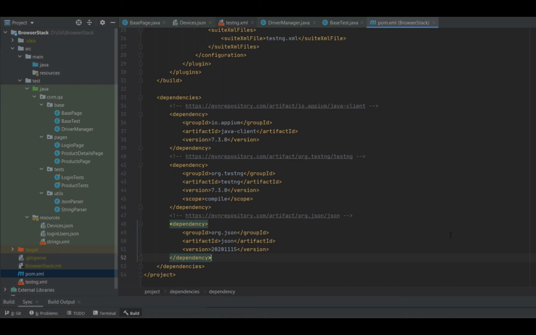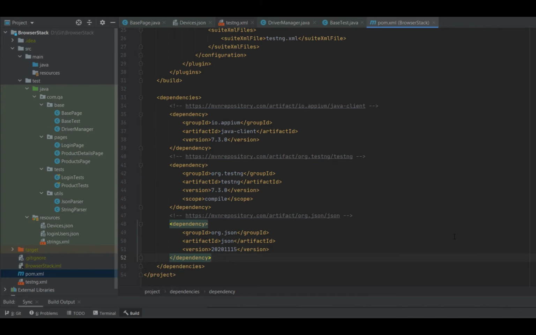Okay, so before we start integrating our automation framework with BrowserStack, let us first go through it. I intentionally got the framework created upfront because I don't want to waste a lot of time in coding, because our focus is on integrating with BrowserStack. So our focus is mainly on the steps that are required in order to integrate our automation with